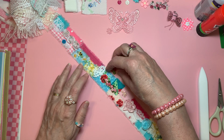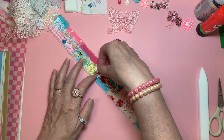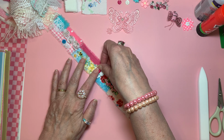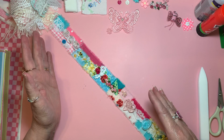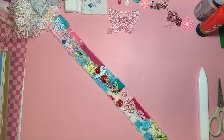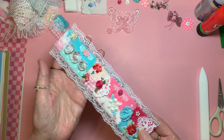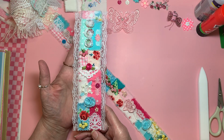I am working on a snippet roll, but I guess a small one, because the other was larger and I've already snipped it. This I already made